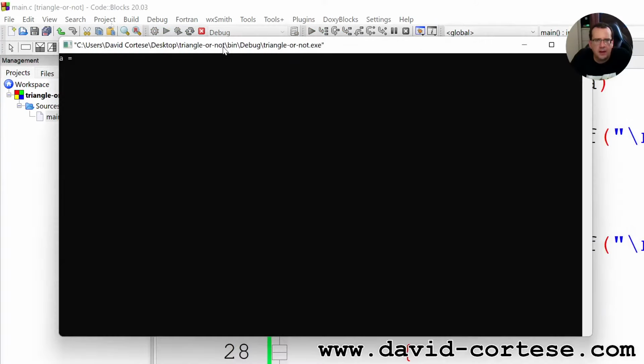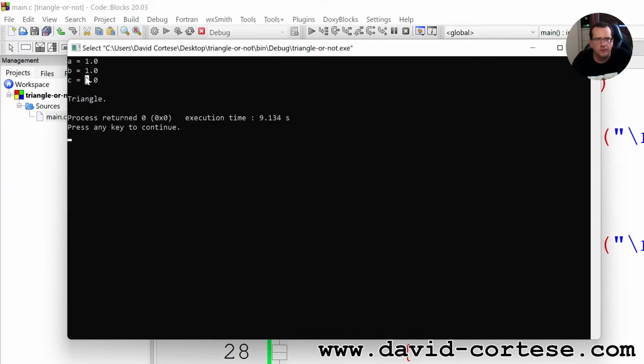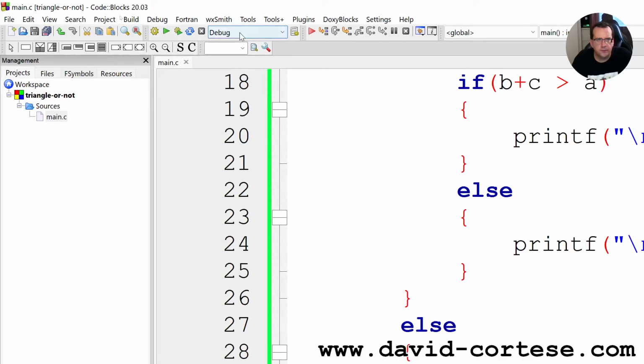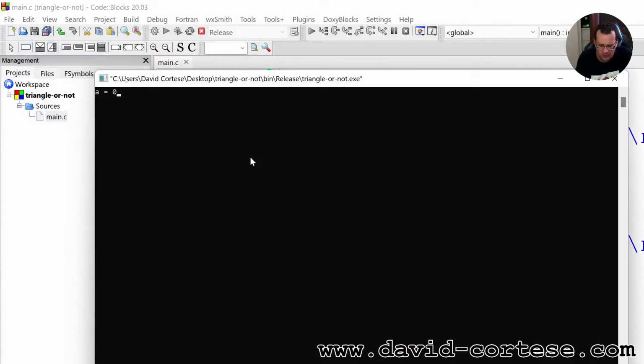compile and run, and we write three numbers: 1.0, 1.0, 1.0. It is a triangle because these three numbers are the length of a triangle. So now we do the release. So build and run, for example, 0,